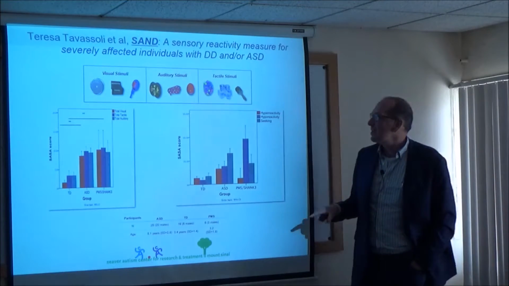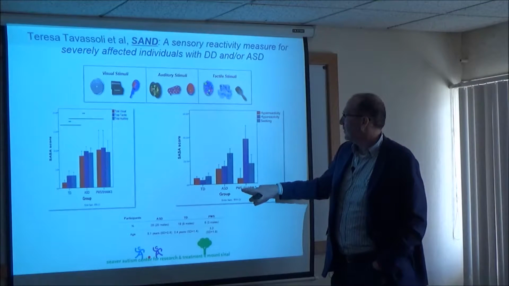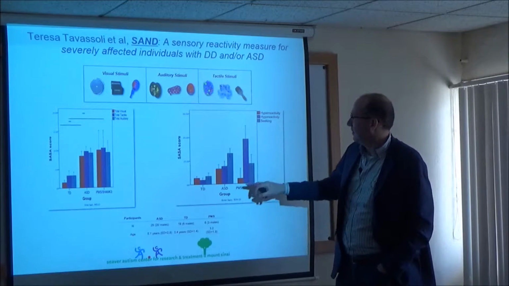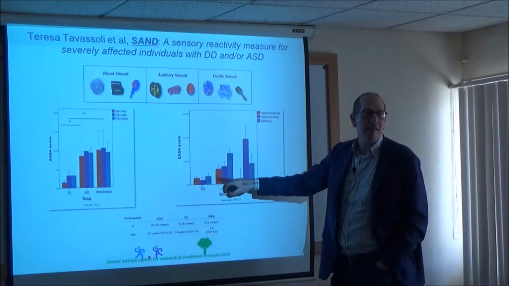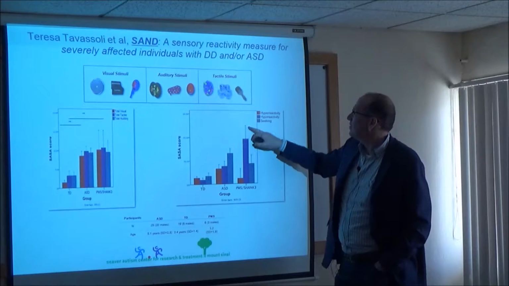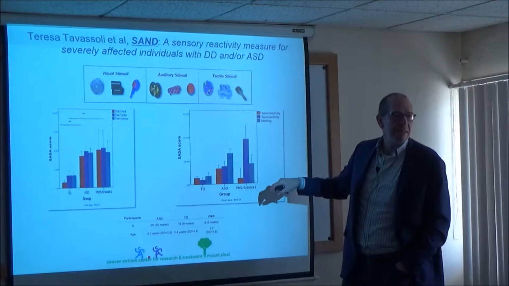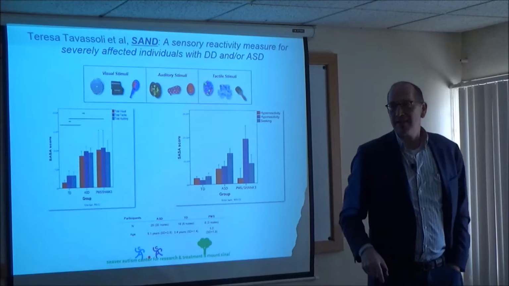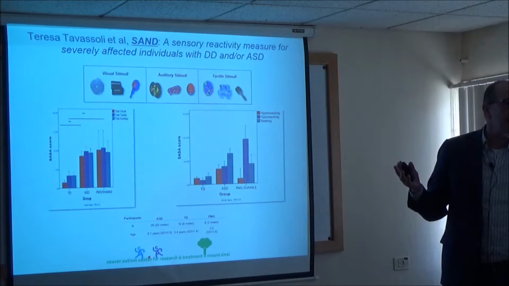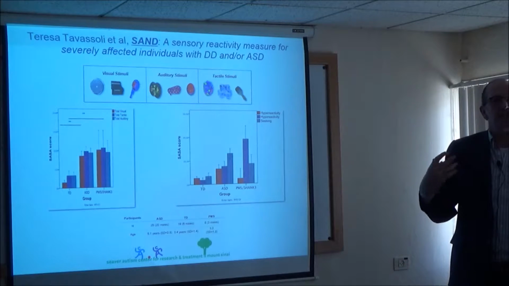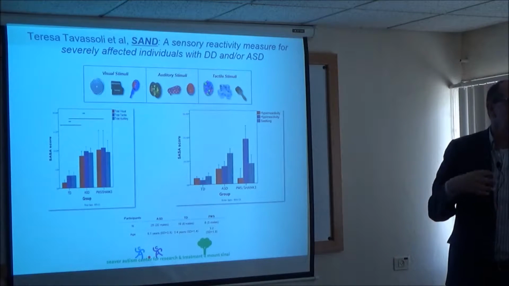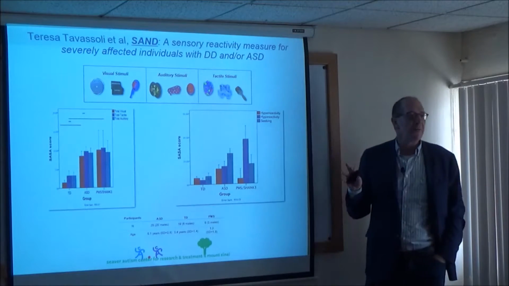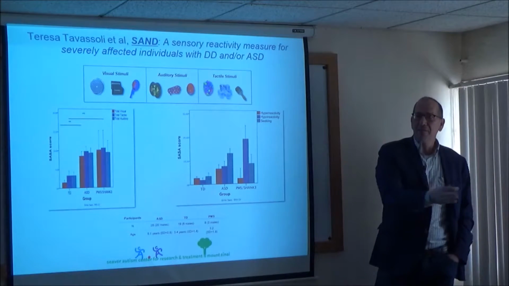And here's Phelan-McDermott syndrome. So just look over here. Typical developing, looking at hyper, hypo, and seeking. ASD, more seeking than the other two. PMS, primarily hyporeactive. These are the kids who come into your office, they smack their knee really, really hard on the side of the table, and they show no sign of anything. Or their parents will say they burnt their hand and they didn't respond. This is a pretty profound hyporeactivity. And it also happens in autism, right? Not in everybody, but there's a fraction of autism with hyporeactivity.